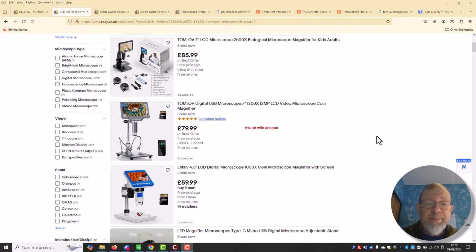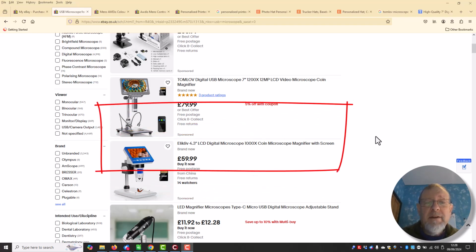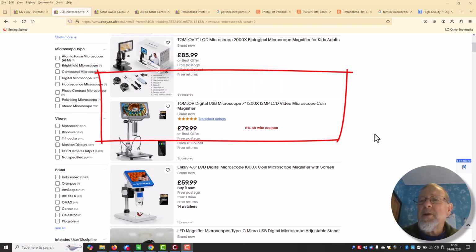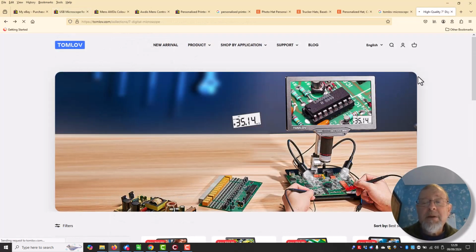So we come up here and, well, we'll look at these two. There are these which are coming up to £60 with a 4.3 inch screen, and there are the Tomlov ones with a 7-inch screen, and I hummed and hawed. The 4.3 ones are a more Triplicate price, but I just thought it would be a bit nicer to have a bit bigger screen, so I have plumped for the Tomlov,